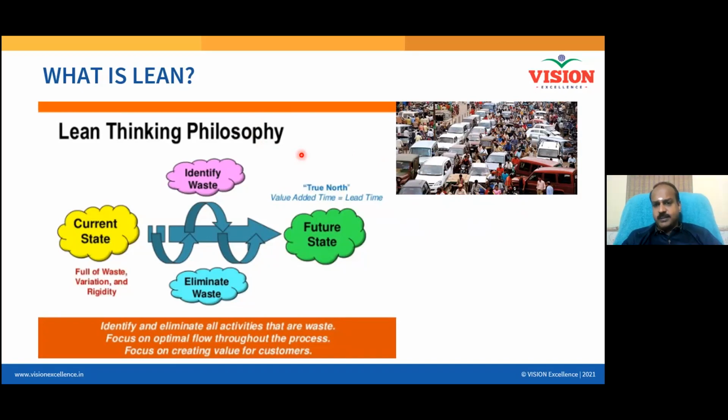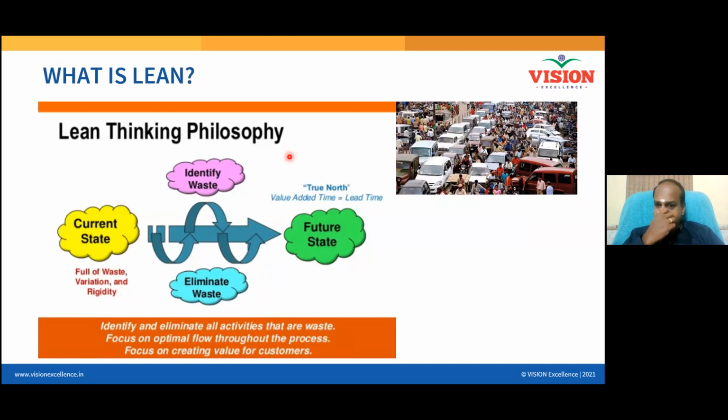And also, when you are driving a car in a traffic environment like this, actually you won't be driving at all. You will be simply running the engine, and then you will be in the same position. And how about the performance of the car? Will you get a higher mileage or a lower mileage when you drive here? Lower mileage. The mileage will be very, very low. So that means your performance goes down and your comfort also goes down.